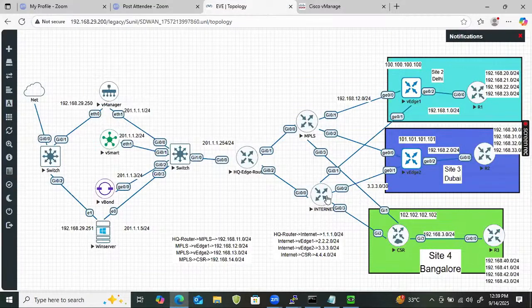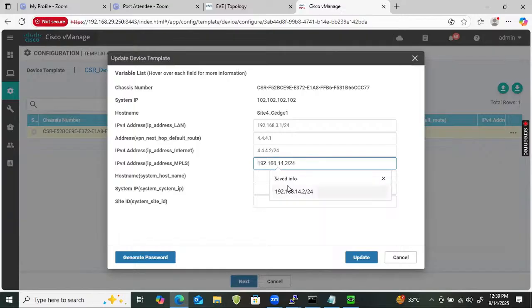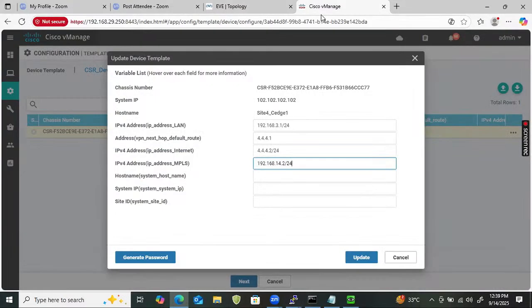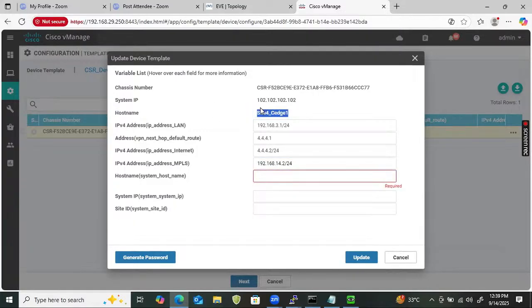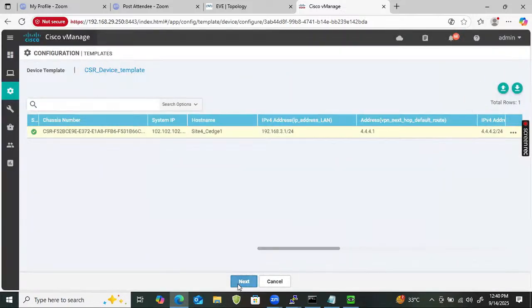So it's 4.4.4.2. IP address, that is 4.4.4.2/24. IP address of MPLS, it's 14.2. Between the MPLS and CSR, yes, 14.2. And then host name, the same one. You can copy, paste, system IP, and site ID, update this one. Next,